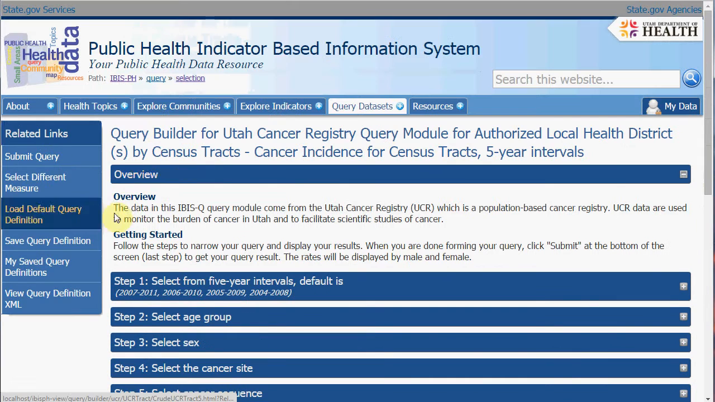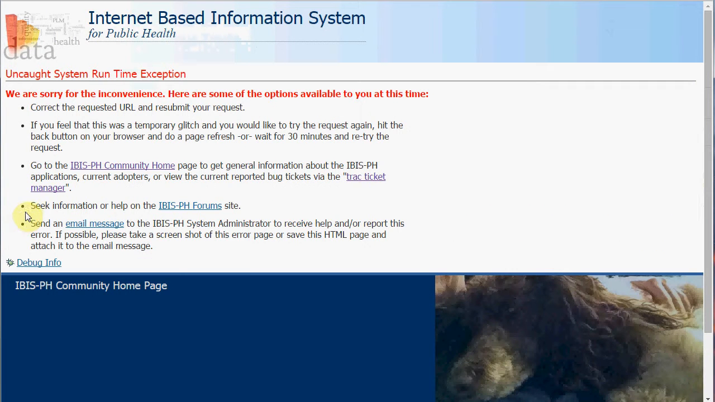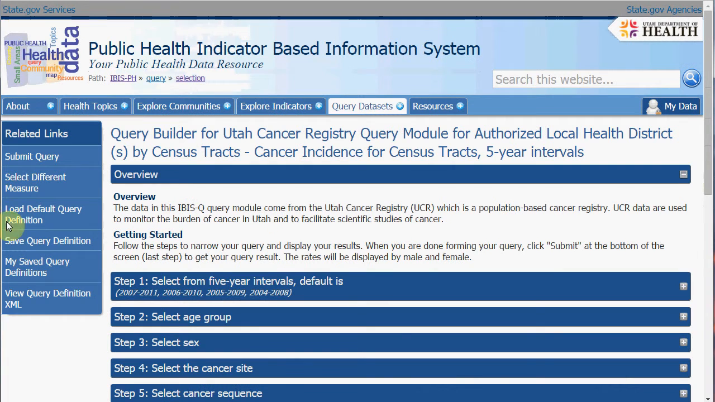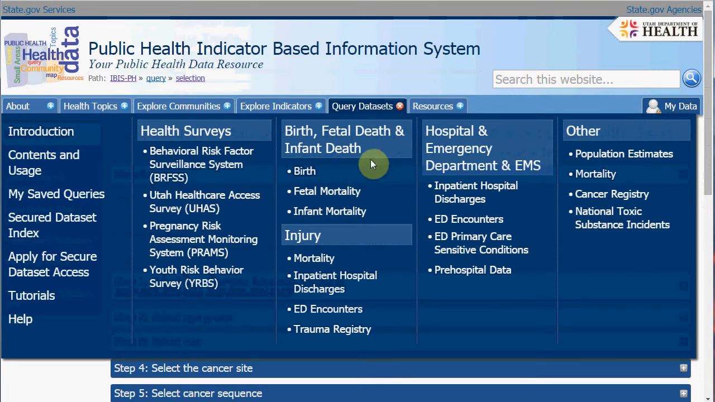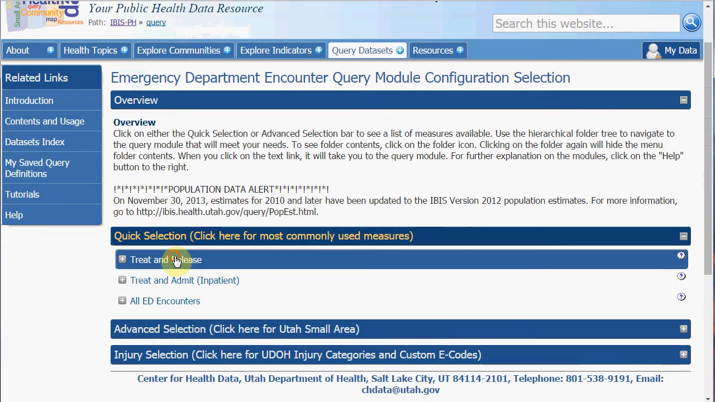Can't remember if this one had geographic area or not. Let's reload this and see what the deal is. So we're going to say load the default query definition, and that blew up. Not sure why. I'll have to look at that, but let's go back in here. We'll just pick a different query module. So we'll say ED encounters, and